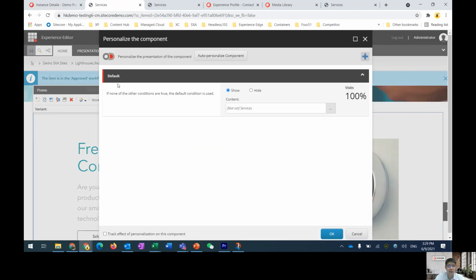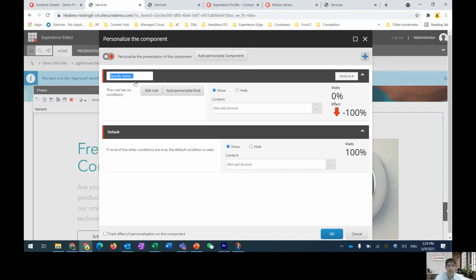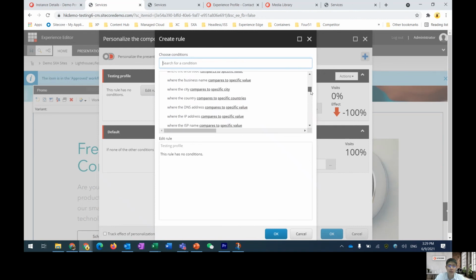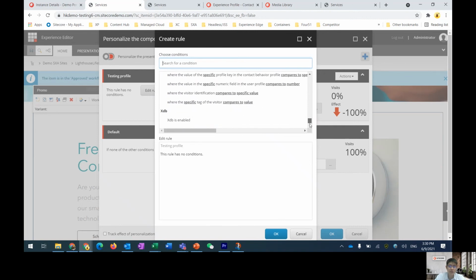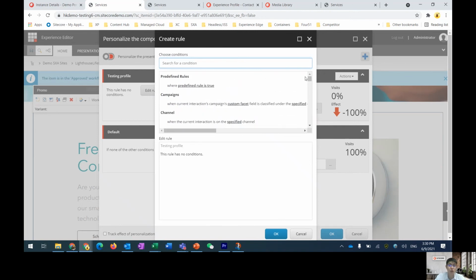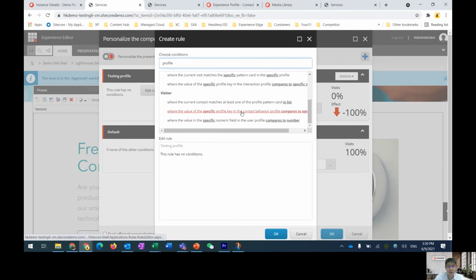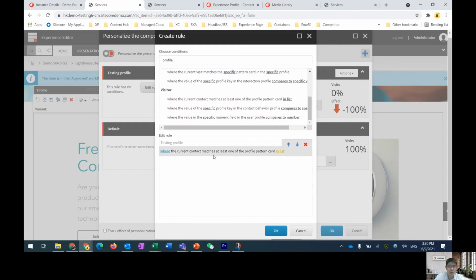For this case, I can click the personalization, and then I can click the plus button. Here, I can specify the name. For this case, I just say testing profile, and then I can edit the rule. In here, there are more than 100 predefined personalization rules that you can choose from. But for this case, I would just select profile, and then maybe the one where